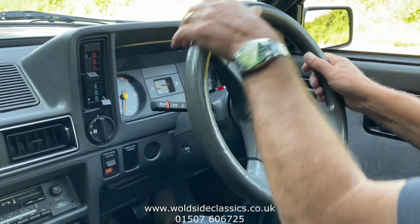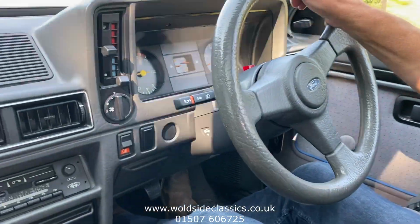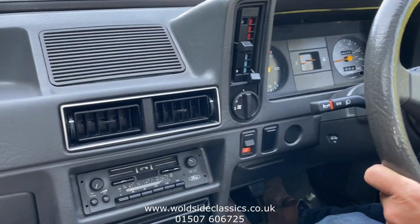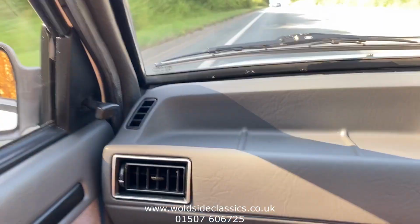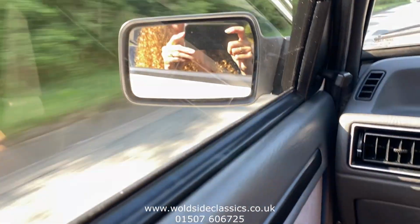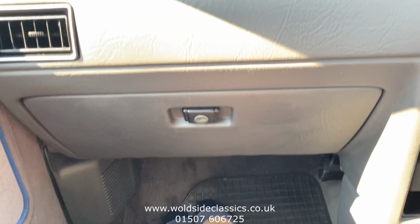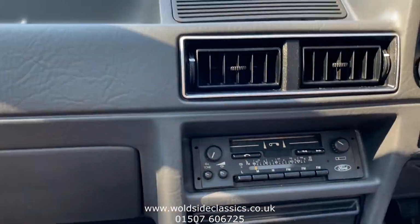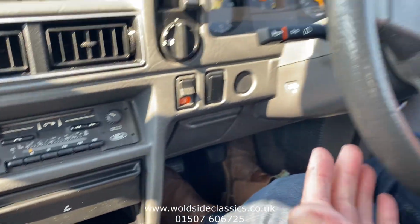Okay, we'll just take you up the road in this lovely Series 1 RS Turbo, just to show you how nice it is on the road. Powerful when the turbo kicks in. Up to top gear now. You can see the steering is dead